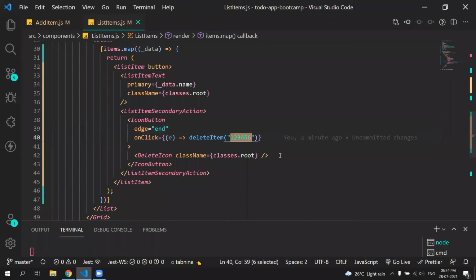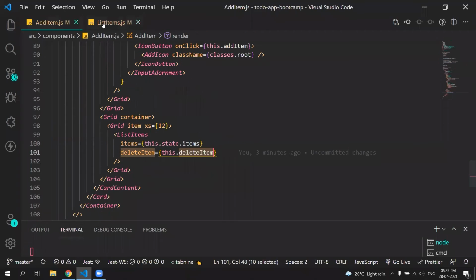To delete, we need a unique thing so that we can filter out that particular id or name from our list of arrays. We have a unique thing which is called id. So we can pass data.id from here.